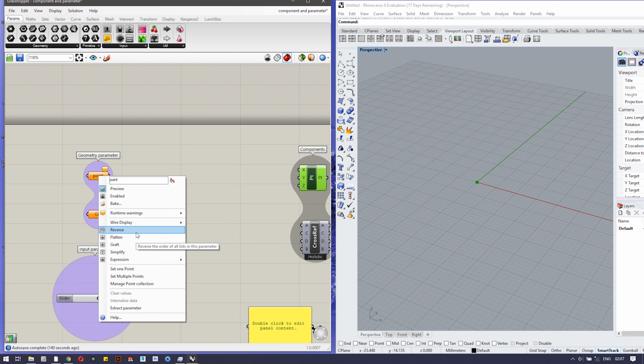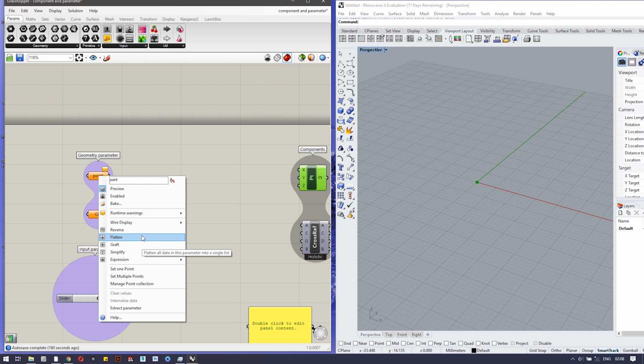And below, you can see if there is a list of points we are inputting, reverse reverses the list, I mean, the indexing. And flatten does flatten and graft. There is a very little difference between these two. Consider there are 10 lists, and all those 10 lists contain 5 parameters.